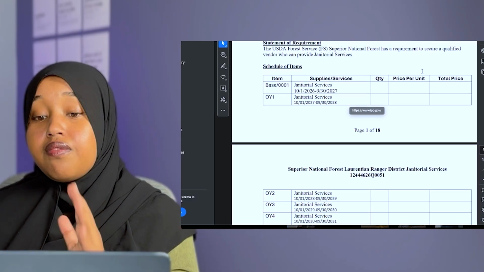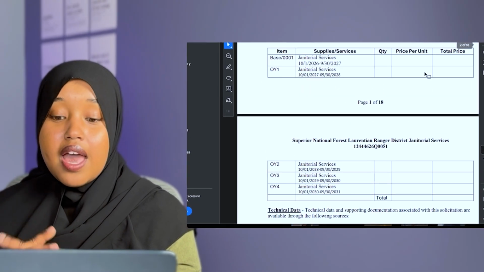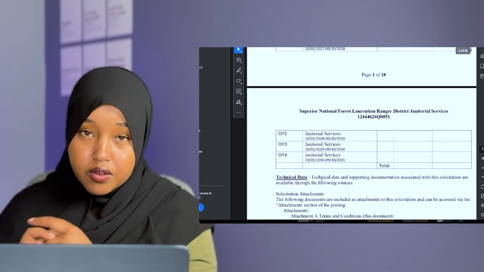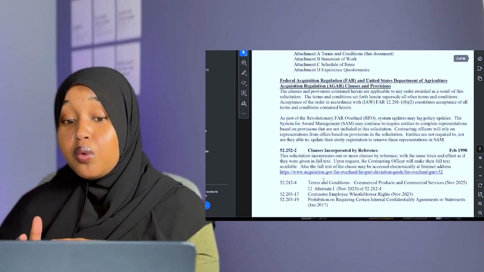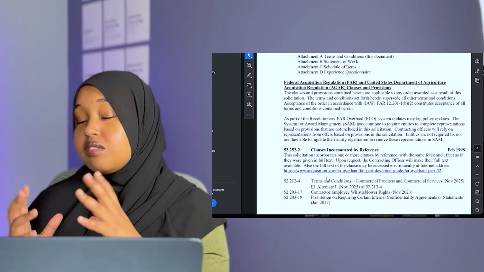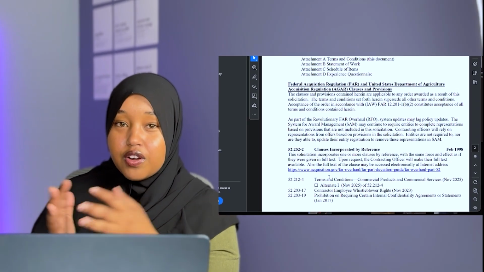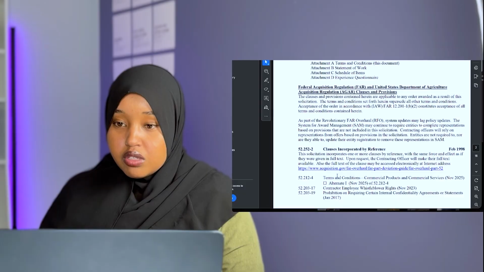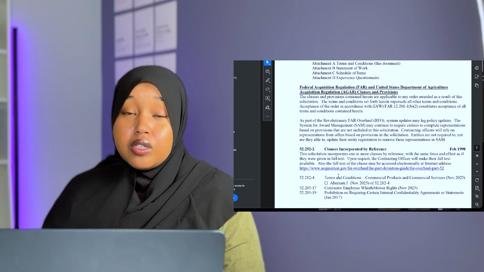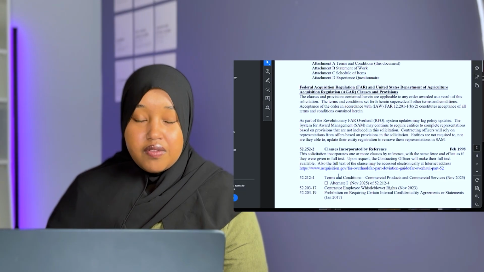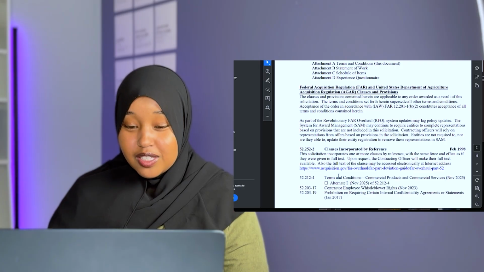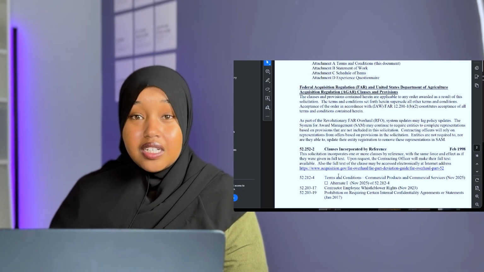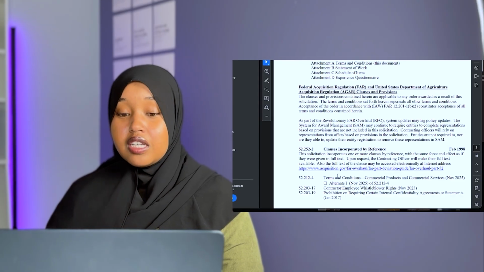Also, there's something called FAR clauses that you will have to go study. You will have to review. Anyways, if you are applying for a Cage Code, you will have to study these FAR clauses. It's basically the terms and conditions of the federal government for you to become a contractor. For you to get an assigned Cage Code number, you will have to agree to those terms and conditions. If you don't agree, you won't get a cage number or Cage Code. So I highly recommend that when you're applying for your cage number, you sit down and study the FAR clauses.